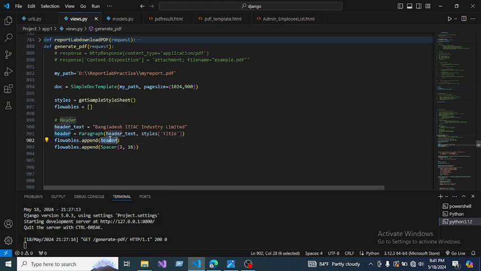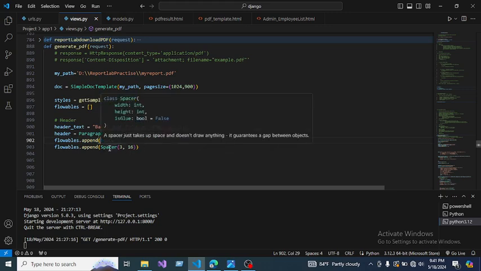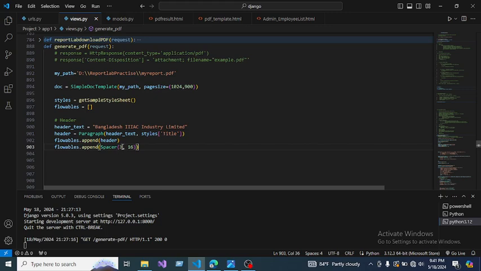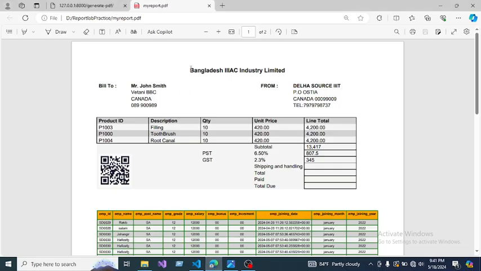flowables.append your header name. Okay, and if you want to add a spacer after header, this is the width and this is the height. Okay, let's see, and this is the header. I have already given a spacer after this header. Look at this,